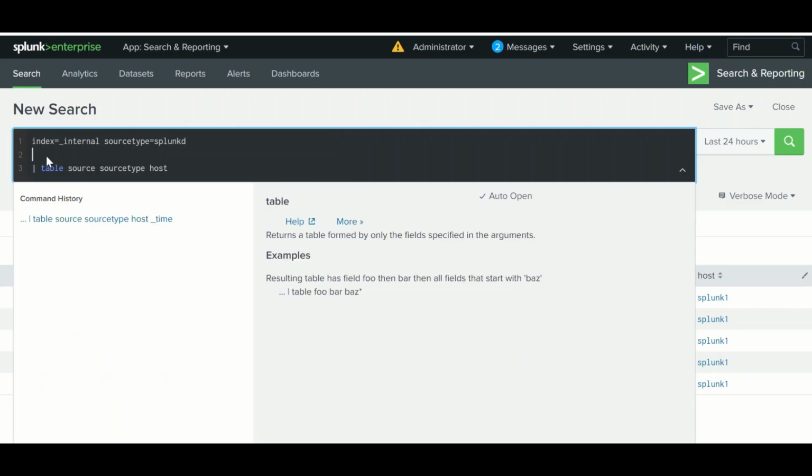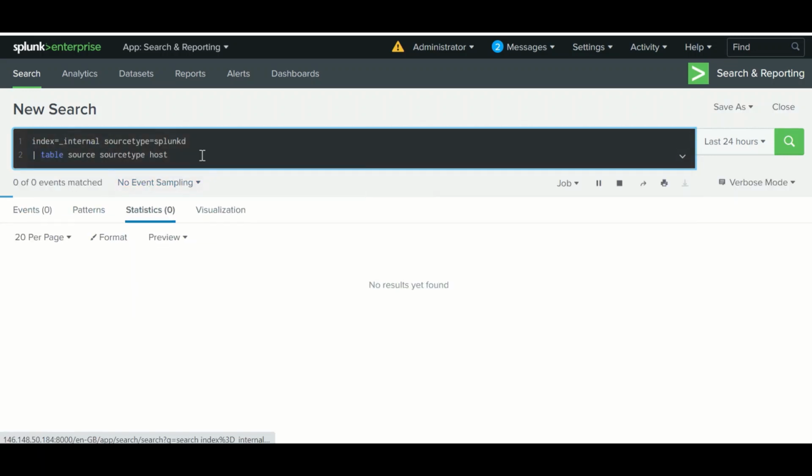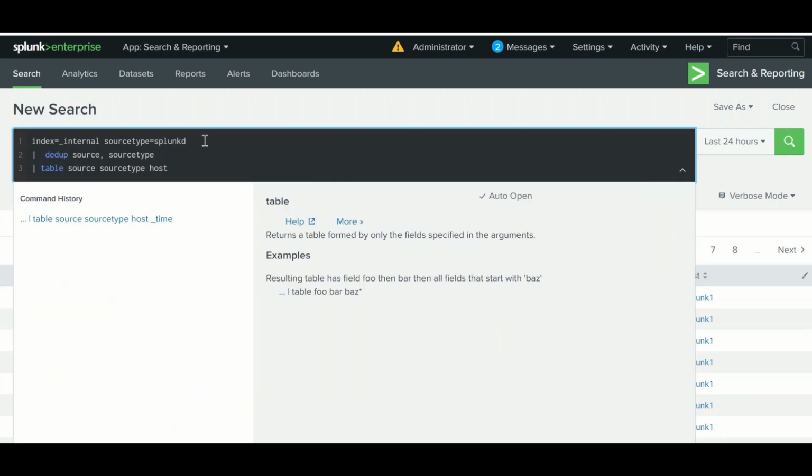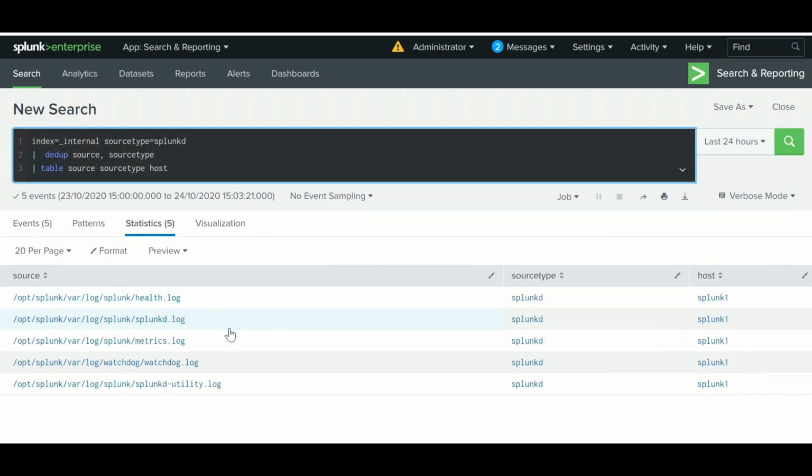It may include multiple things, see, matrix has multiple entries. Now if I want to dedup on the basis of these two fields, you can do that as well, and this will be in alphanumerical order.